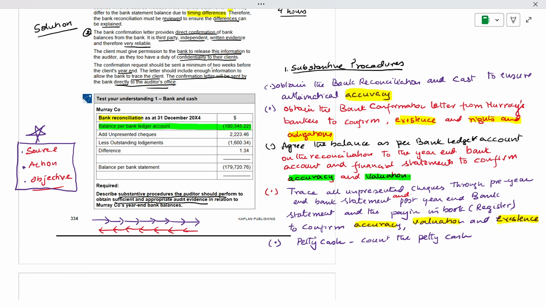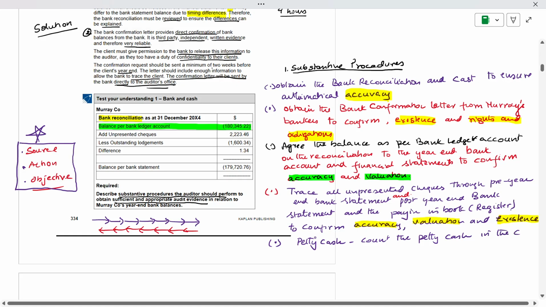Keep it in mind, tomorrow also you will see this in your companies. Whenever the auditor comes, they will see what the cash balance is. One of the activities is the cash. Most of the time they will do that first. They will count the petty cash in the cash book. Is that in the cash at the year end,